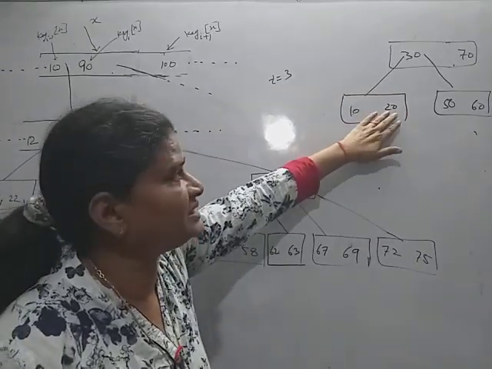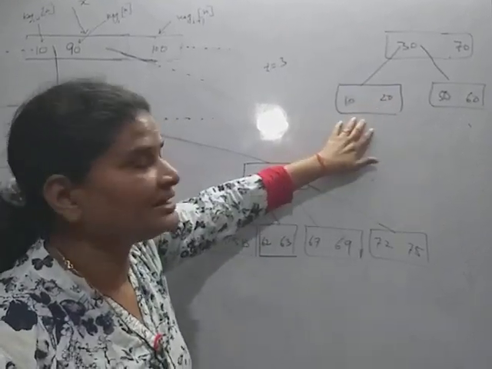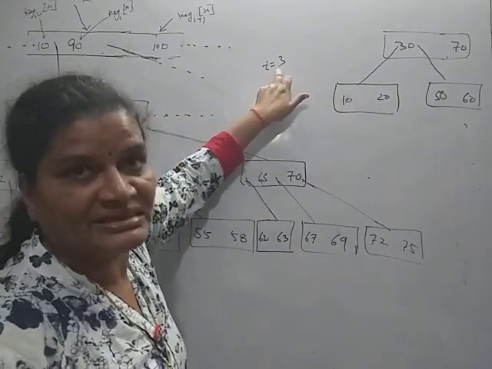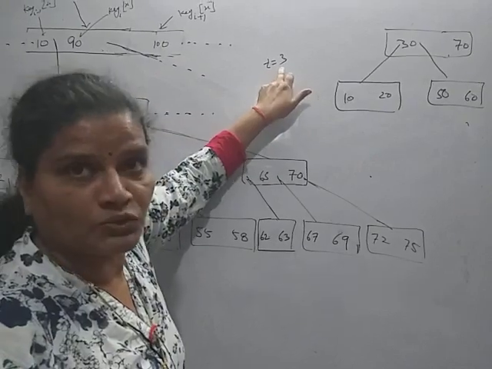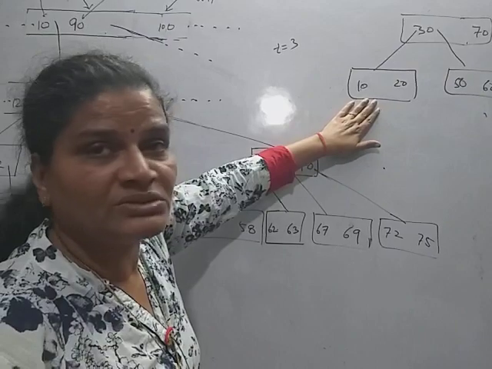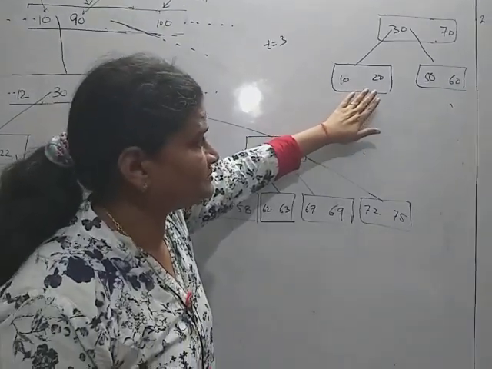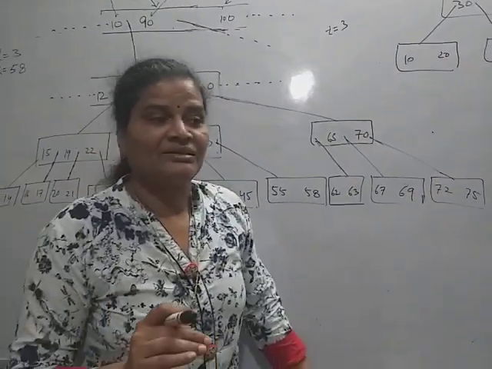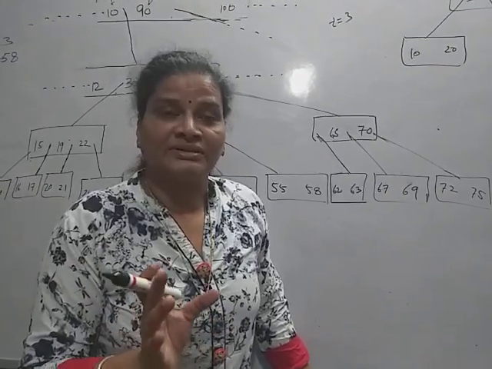Suppose this is a leaf node, I am deleting 20, and when we delete 20 from this node, then the minimum number of keys in this node will become 1. Here the degree t is 3, so the minimum number of keys in any node can be 2, not less than 2. So if you are going to delete a key from a node, then like insertion, where we always split the full node,